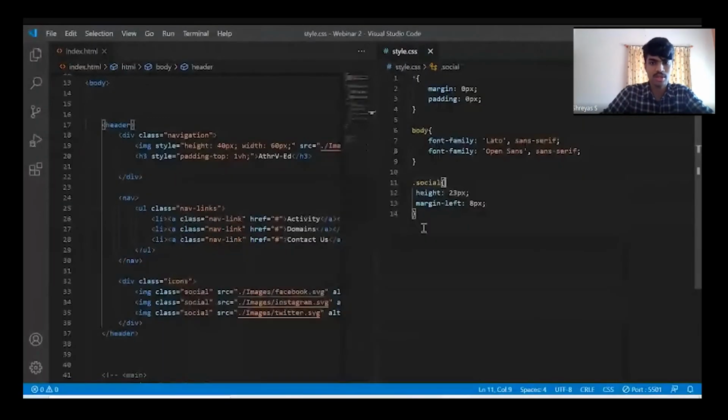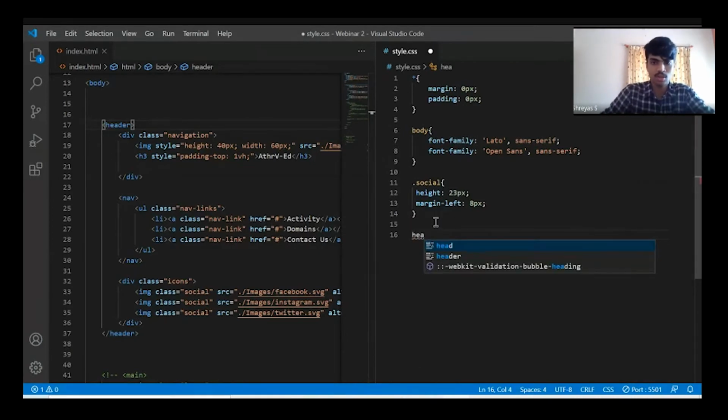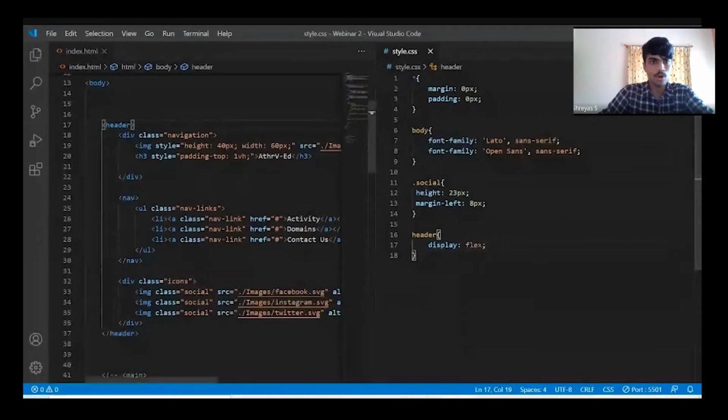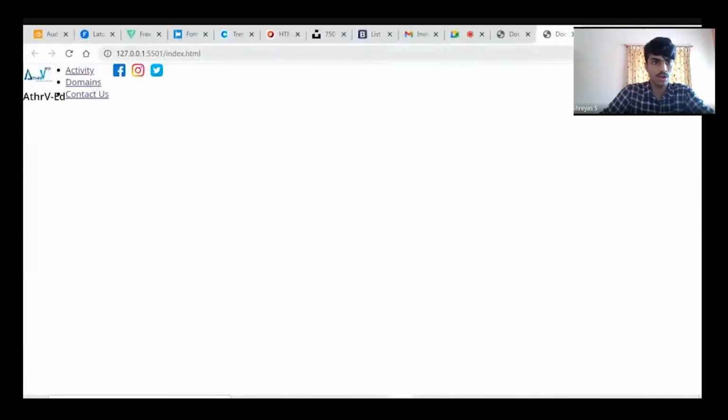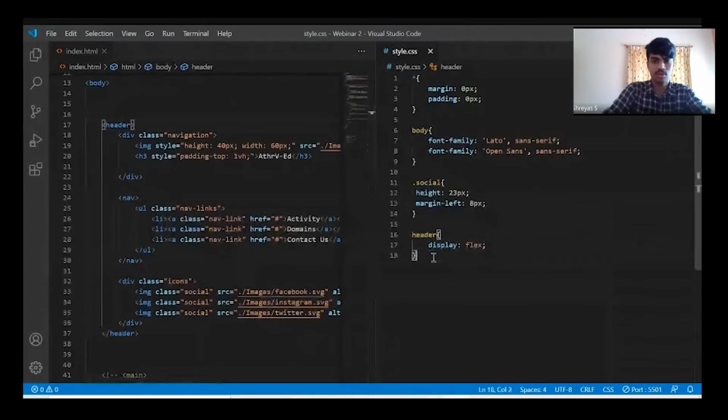Now the next part is that we have to align everything in a straight line. There is one property called display flex, and we'll be using that. The header is the container that contains all the elements. It contains the logo, the links, and even the icons. So we should style the header, and as it is a tag name, we'll define it directly. Header. Now I'll be styling the header, using display as flex. If I use display as flex, all the things will get aligned in a straight line. Not completely, because I have aligned individual elements, so now I'll align it for individual elements.